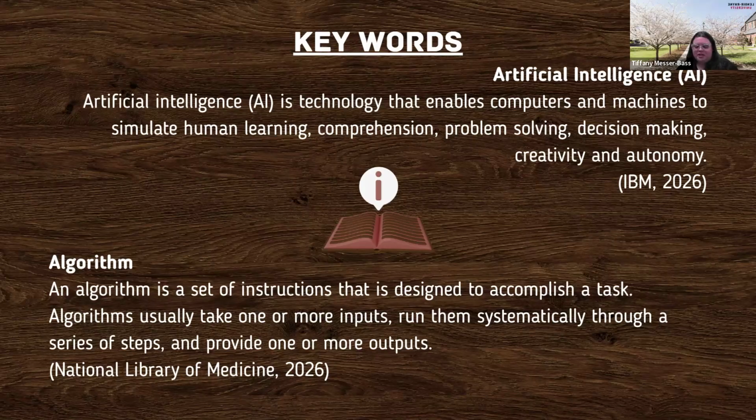So I want you to imagine, take the word algorithm out and replace it with recipe. A recipe is a set of instructions designed to bake a cake. An algorithm, you are giving it the set of instructions about yourself, what you like, what you care about, and so on. So algorithms will take those inputs that you are giving it, run them through a series of steps,